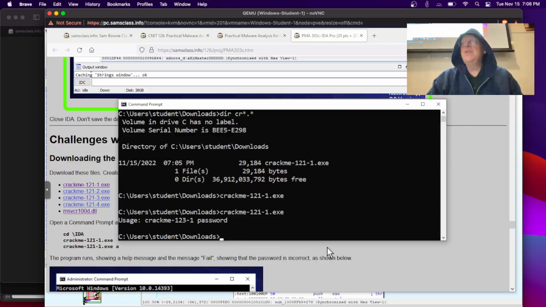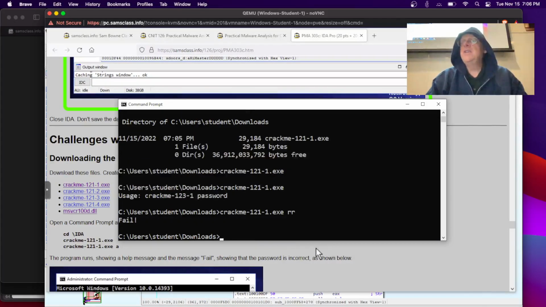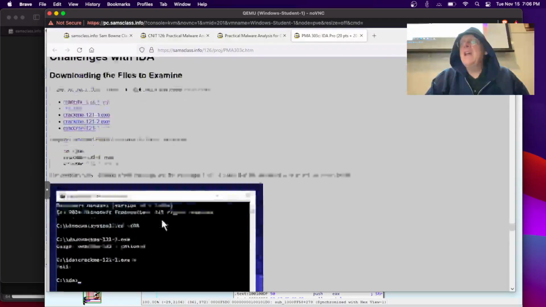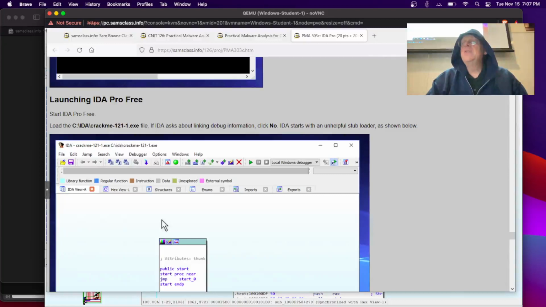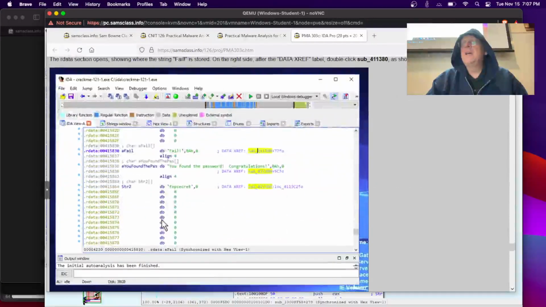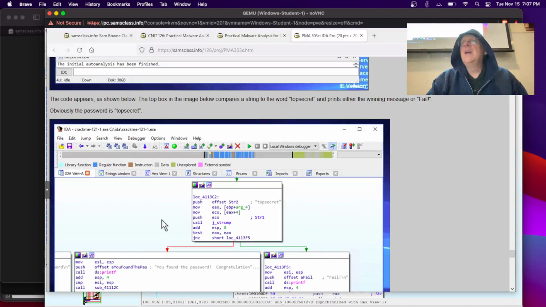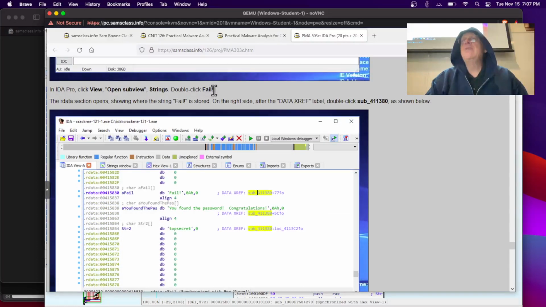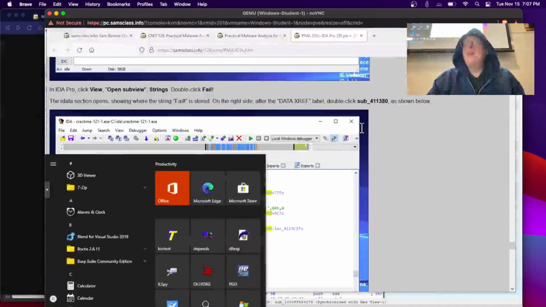There we go. So usage is crackme password. So if you put in a password here, it then says fail. And there's some correct password that would say you succeed. So we can analyze that thing with IDA. So let's use IDA Pro to analyze it and find the string. And the way we're going to find the string is by looking for the strings we saw, like fail. So you run the program, you see a string of fail, and now you can